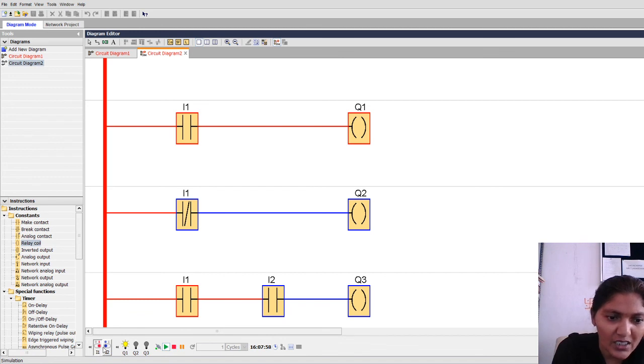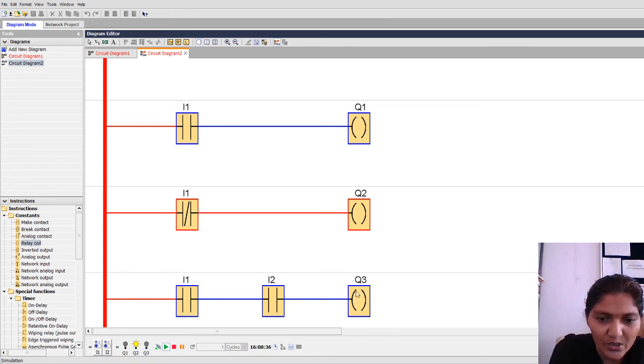Now come to the AND gate operation. Please observe this AND gate. AND means the product of two inputs. If you want to make the AND logic using a PLC, we have to make a series connection of contacts. For OR logic, we take a parallel connection of contacts. For AND, we took the series connection of switches. Now we know the statement of AND logic: when both inputs are in a high state, then only the output will be high. Otherwise, the output will be low.